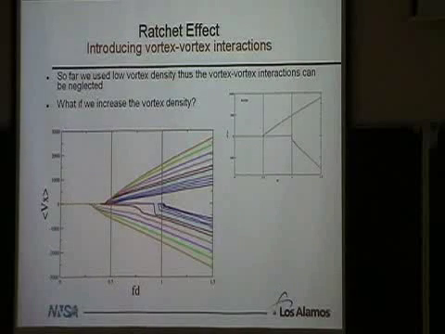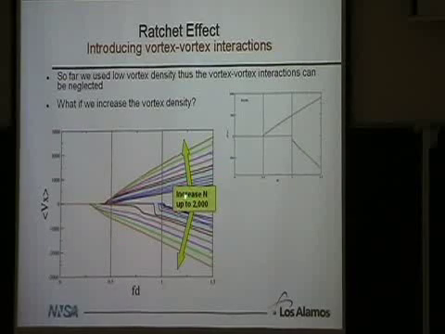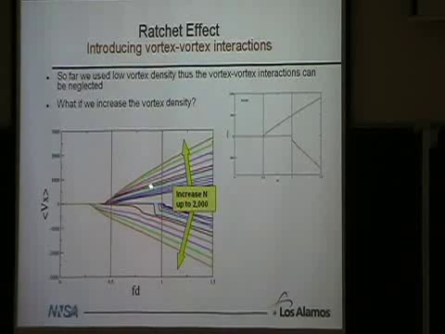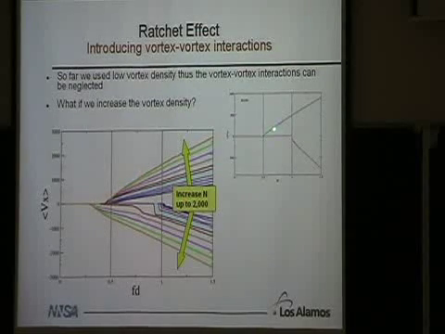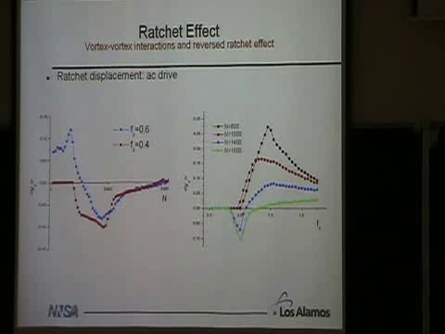Well, what does this mean for the ratcheting? As we start changing the density of the vortices here, increasing the number of vortices in our system from something like 300 up to 2,000, we actually get a reversal in the depinning forces. So before, forward had a low depinning force and reverse had a high depinning force. Now we actually get a case where the reverse depinning force drops dramatically and drops below the forward depinning force. So of course, this is a ratchet reversal. This is just showing the pinning force in the 2 directions as a function of how many vortices we have will cross each other. And so this is kind of the origin of the reversal that we get.